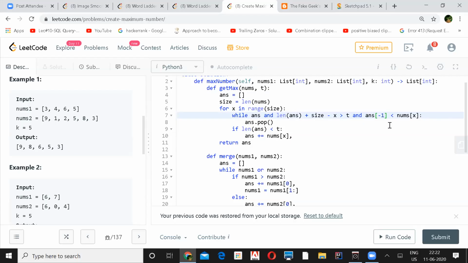Okay. Sort of that monotonic stack functionality again. Exactly. You are comparing the one which is on the top of the stack. If the top of the stack element is less than the current number you are going through in nums, then you pop the top of the stack. Yeah. Oh, makes sense.